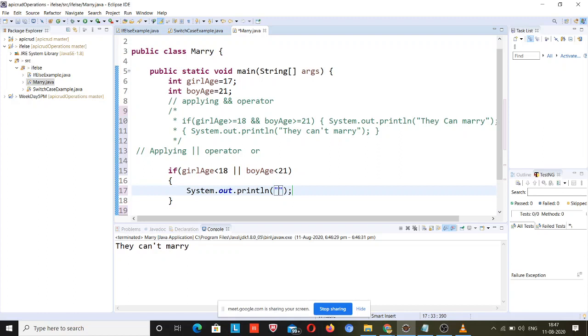This is cross-checking the age. If either the girl or the boy is below the required age as per the Indian constitution, then they can't marry.